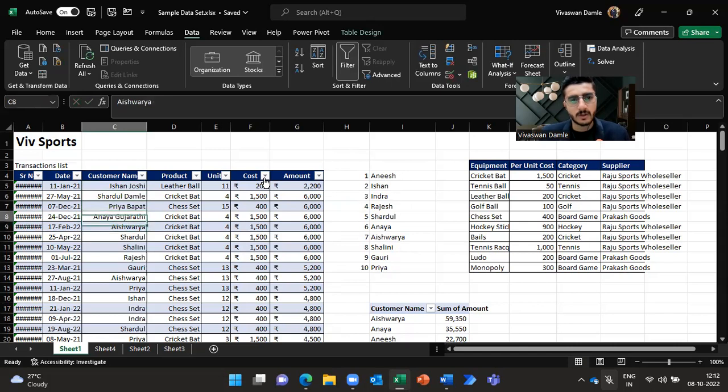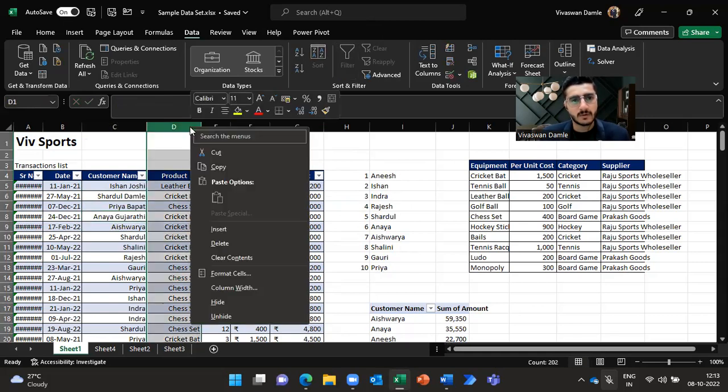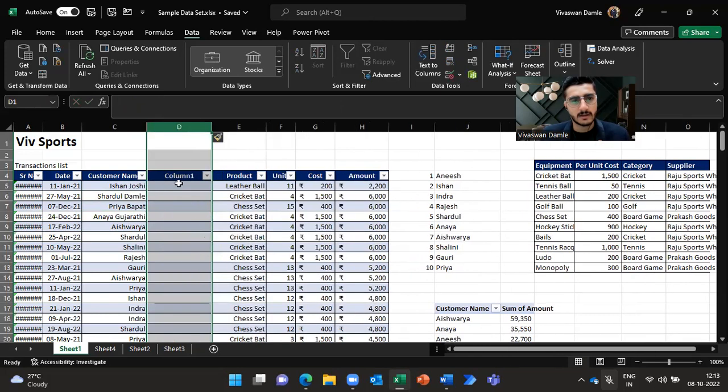What if I want to sort this as per the last names? There you will have to right click, insert, and add a column, and there you select this column and go to Data,